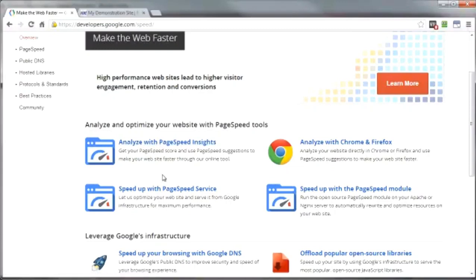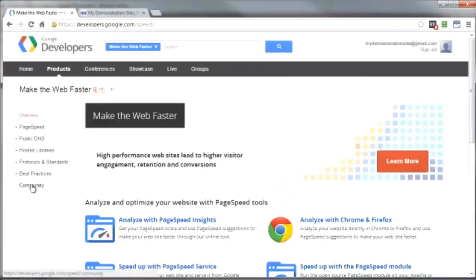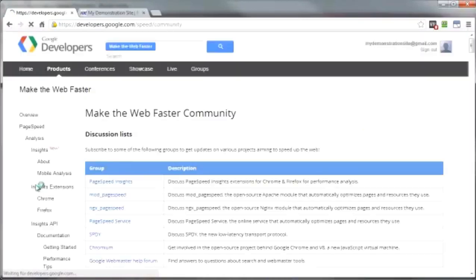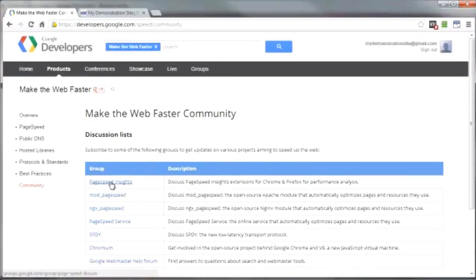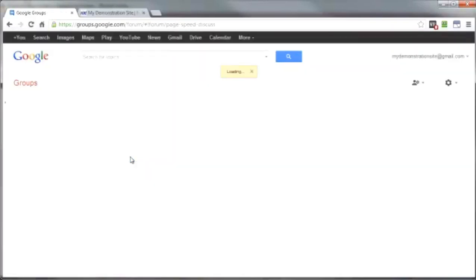Oh, and by the way, while I'm here on this page, over here on the left, if you click on Community, and then click on PageSpeed Insights here under the group name, this takes you to kind of like a forum or a Google group of page insights. So any questions that you have that you just can't find the answer to by maybe using the Google search tool, head on over here, sign in if you haven't already,